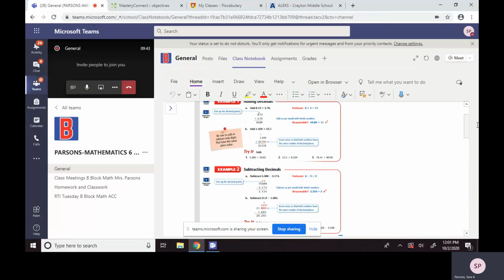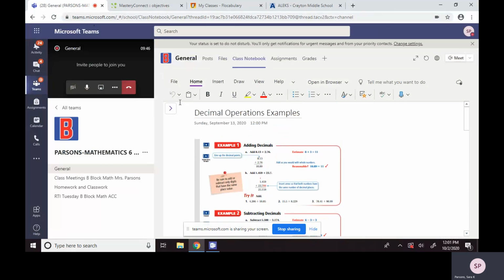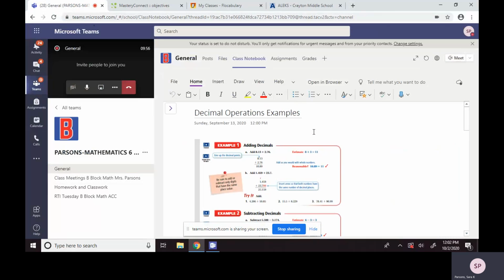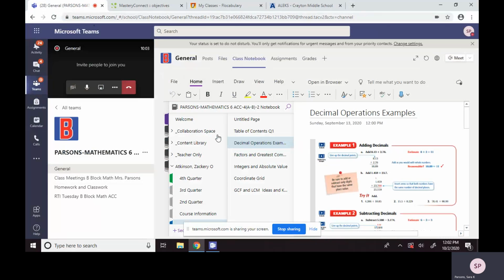I may put in a little practice for them to do, like a game or something, or maybe I'll start putting videos there instead of just in the announcements for homework and classwork. But that is where they can go back to if they want to prepare for a test or study over notes, or if they don't quite get it, there's step-by-step explanations in the notebook. So that is our class notebook, and like I said, we have all the topics so far that we've covered